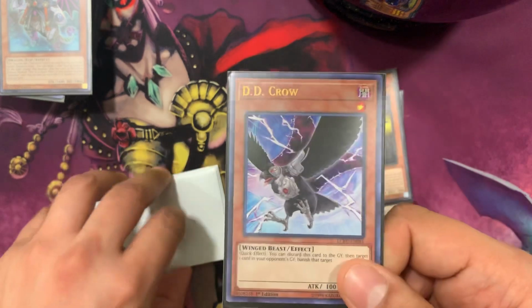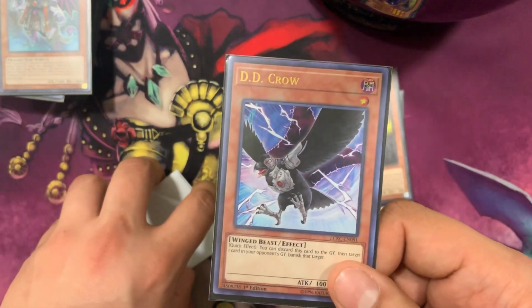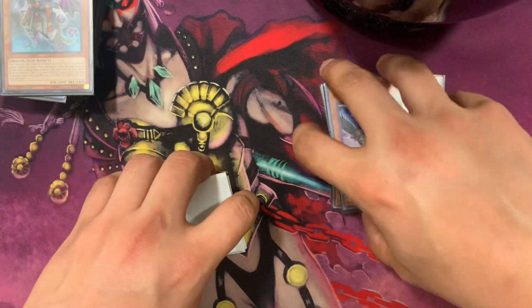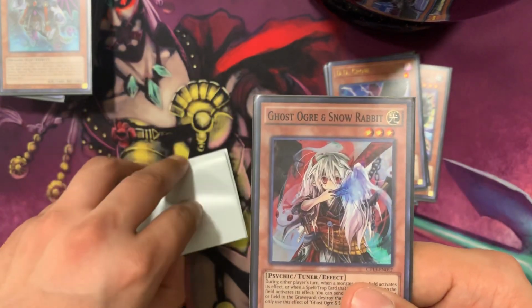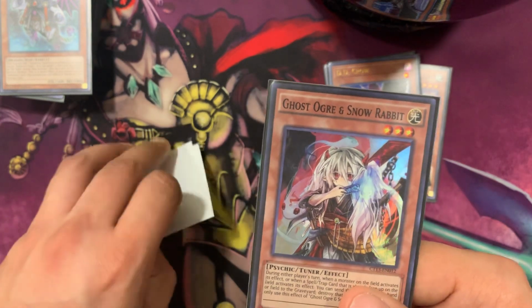DD Crow, amazing tech against Salamangreat. DD Crow, the spinny, their trap card, it saves you, bro. It saves you for the turn 1s. Ghost Ogre. I don't think I saw it today. I think I put it in for Thunder Dragons or something, but